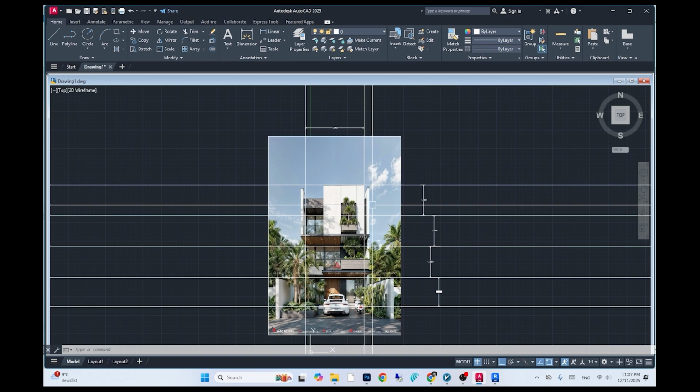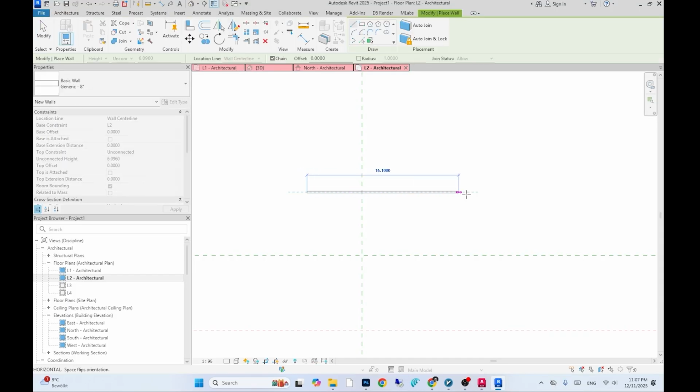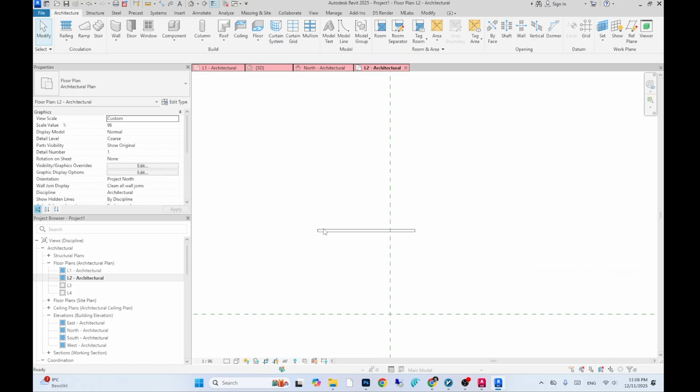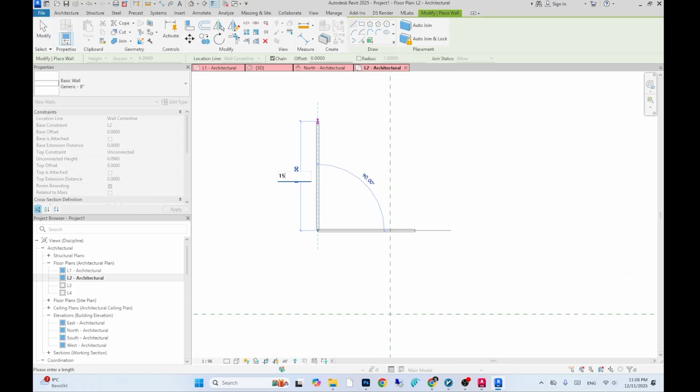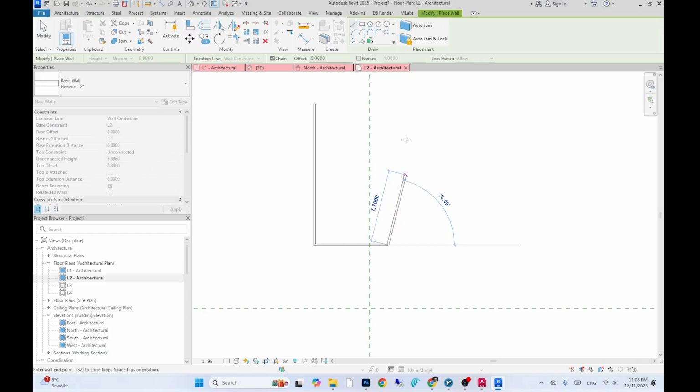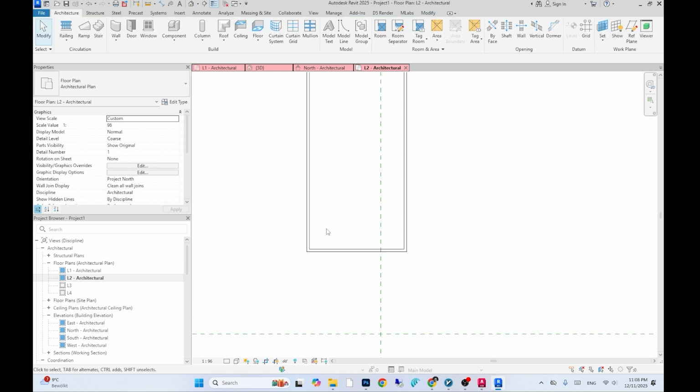However, since we don't have the exact depth of the building, I'm going to enter it approximately for now. For the building width, since we already have the exact measurement, I'm entering 7.80 meters. For the depth, I set it to 15 meters. After drawing the perimeter walls, we need to use the floor tools to create the slab for the floors and